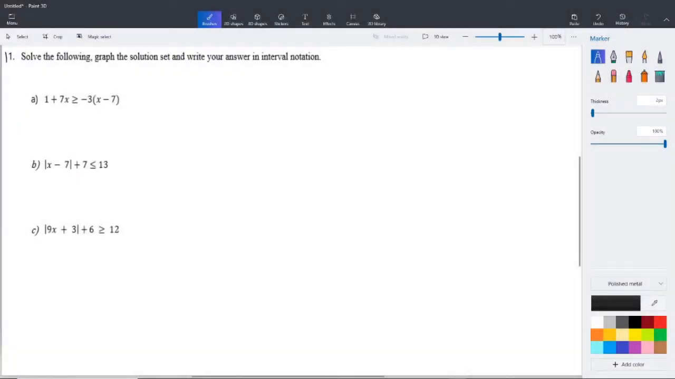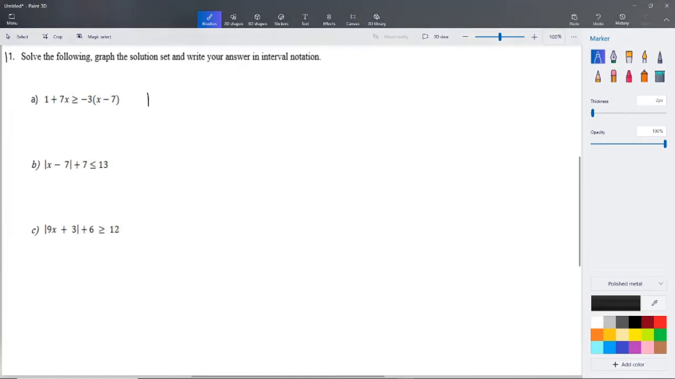Review question number 11. Solve the following. Graph the solution set and write your answers in interval notation. All right, perfect. So the first one, we have 1 plus 7x is greater than or equal to negative 3 times x minus 7. All right, so the first thing we're going to do is distribute